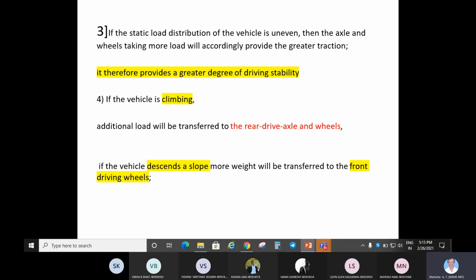When the vehicle is climbing, there is not much loss of traction when compared to front wheel drive. Whatever weight is transferred, it is available at the other live axle only. It is not totally lost. So there is better traction at the other axle at least, and that will cope up with the situation. Same is the case while descending a hill, ascending or descending. It will not make much of a difference with regard to the drivability of the vehicle.